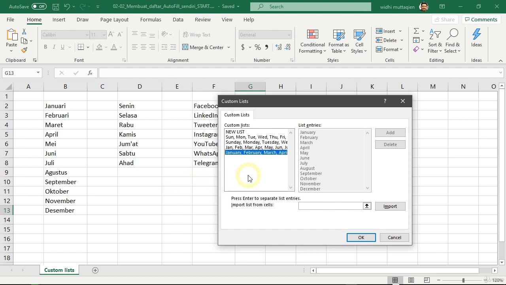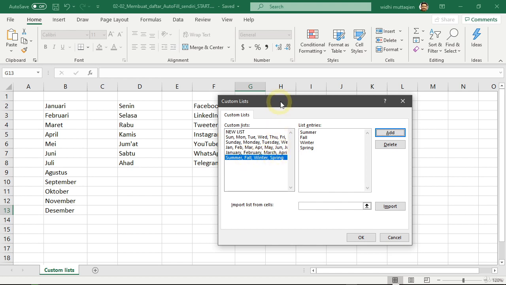Let's see the first method. Select New List here. Then, in this area, you can type the data one by one. Just for example, suppose we want to make a list of season names. We will use English for now. So we can type summer, then press enter. Fall, enter. Then winter, enter. And lastly is spring. After you are done, you can press the add button here, and we can see that our custom list is already registered here.